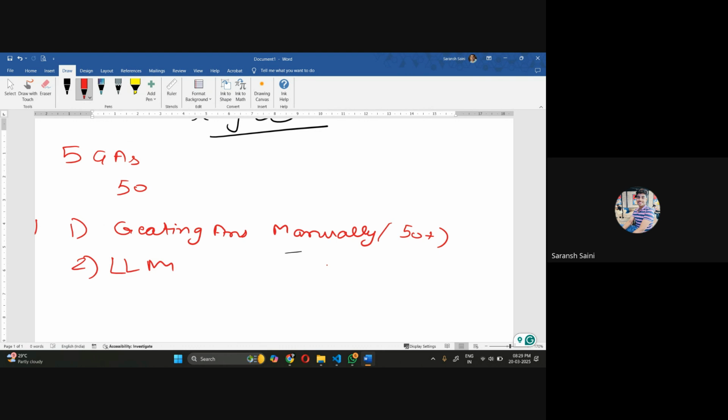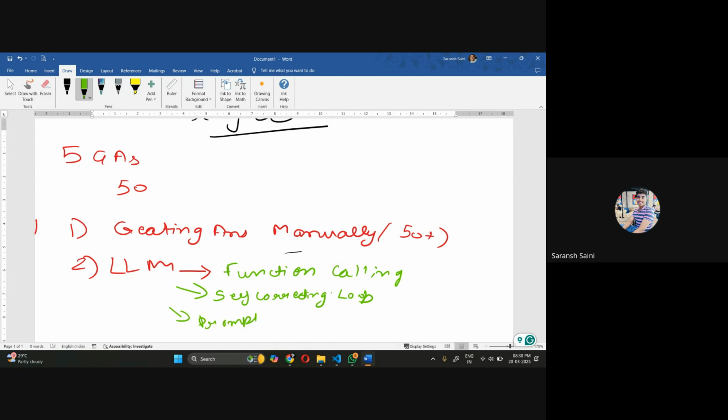The first one can be using function calling. Let me use another color this time. Okay, this one. So the first one would be function calling. Next, it could be a self-correcting loop. And the last one could be a really sophisticated prompt,